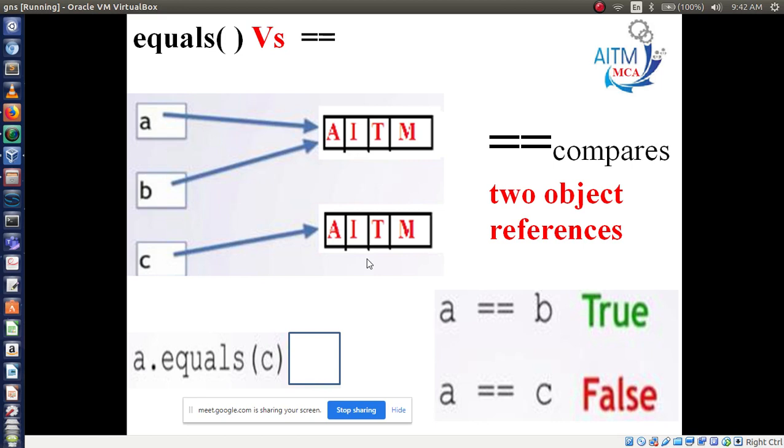AITM and AITM both are same. In this case, what is the result? True or false? True. You will get the result true. So this equals method will compare inside the string object,